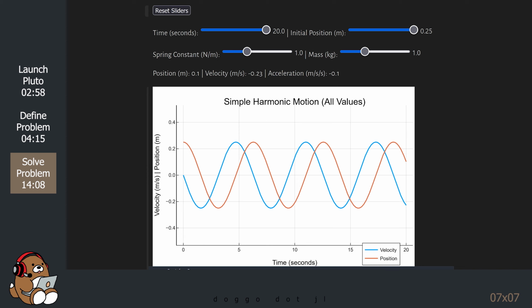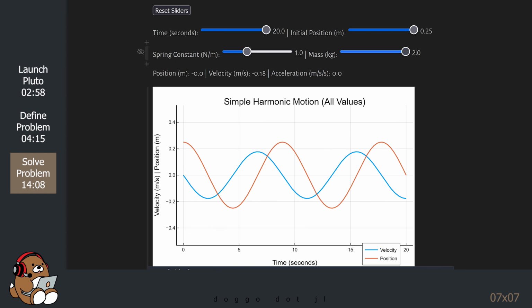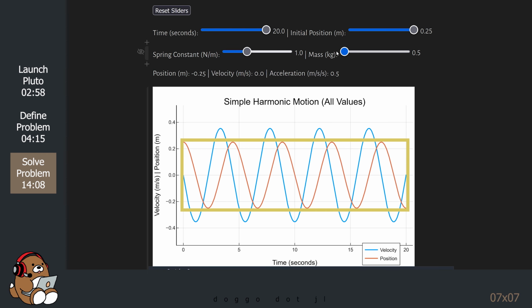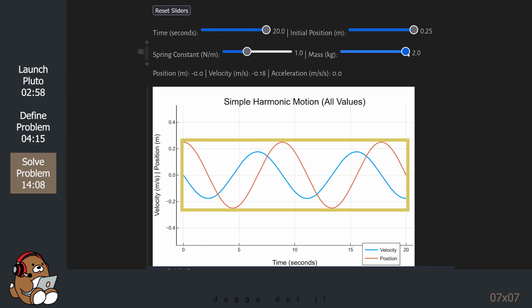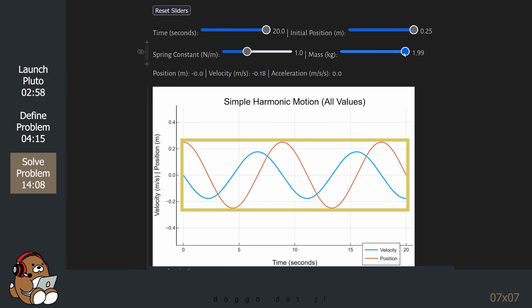Likewise, changing the mass has a significant impact on the shape of the curves. By using a lighter mass, you decrease the period and increase the velocity. By using a heavier mass, you increase the period and decrease the velocity. But just like before, the mass continues to move back and forth between positive 0.25 and negative 0.25, regardless of the weight of the mass.